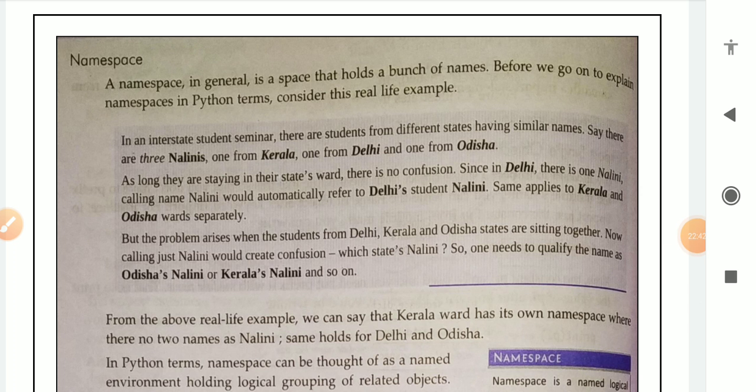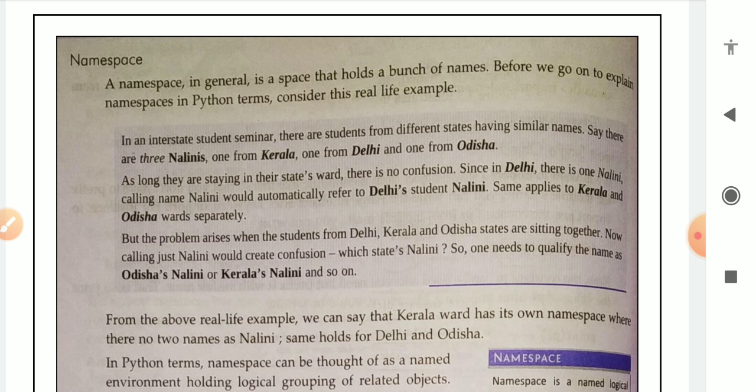There is an interstate student seminar. In the seminar, students from different states are coming and they have similar names also. For example, three students have the same name but they are coming from different states like Delhi, Odisha and Kerala. But when they are staying in their state ward, then there is no confusion.